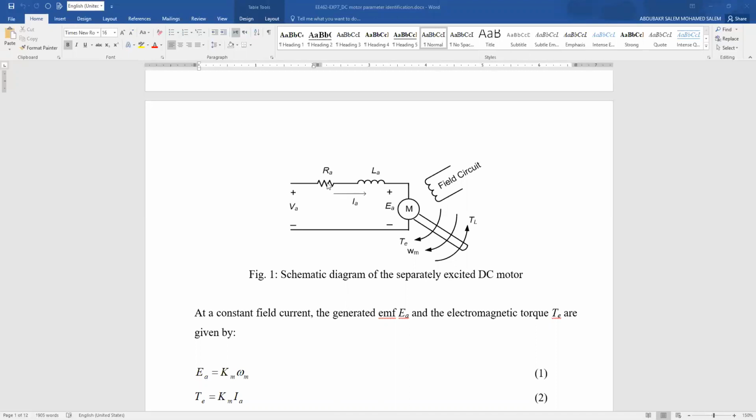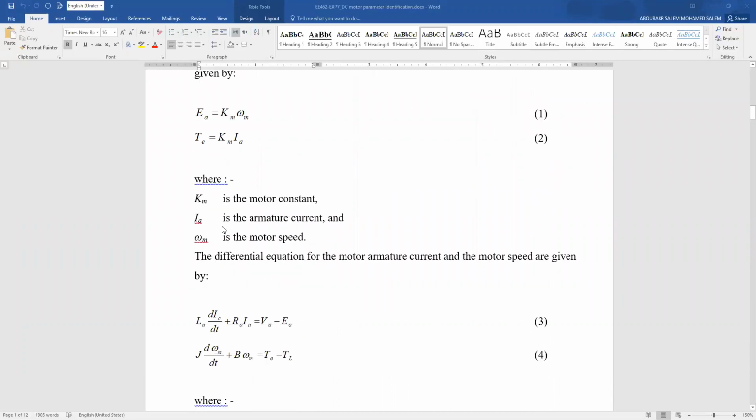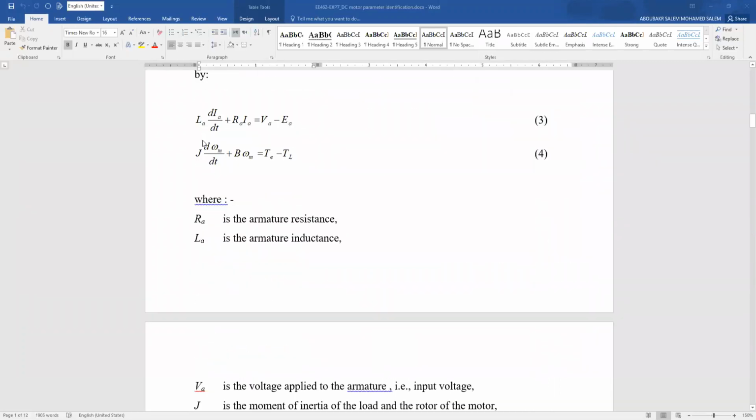We have the resistance and inductance of the armature winding, and we have the field winding, and also some parts representing the dynamic equations, which is the mechanical part of the motor. So this is the mathematical model that we have described before, and this is the electrical model, the first equation: LA multiplied by d/dt of the armature current, plus RA IA,